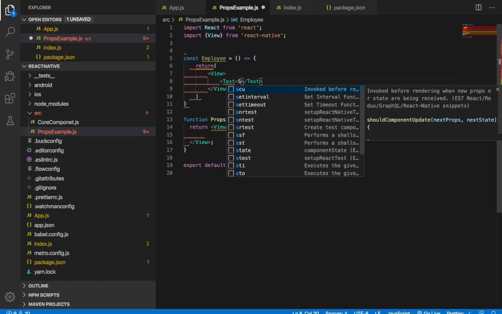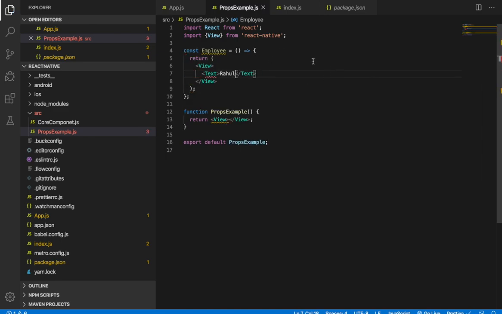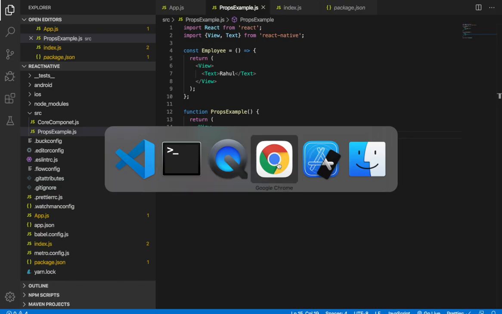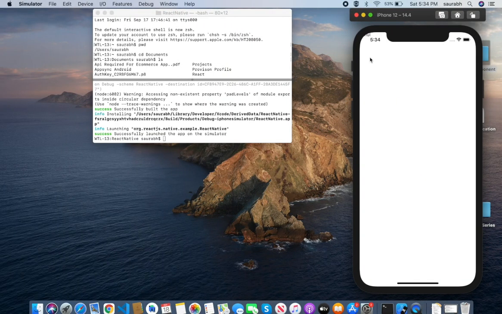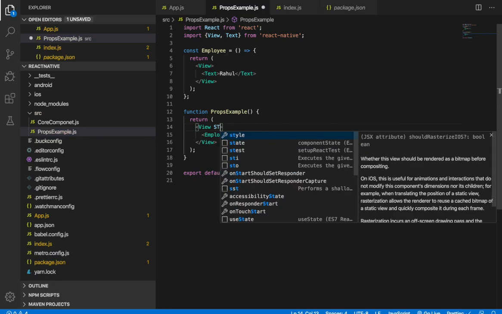Let's call it Rahul, and we can import this Text from React Native, and we can use this employee now like this. Okay, so it is at the top. Let's apply some style here.